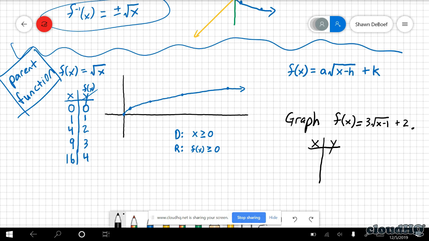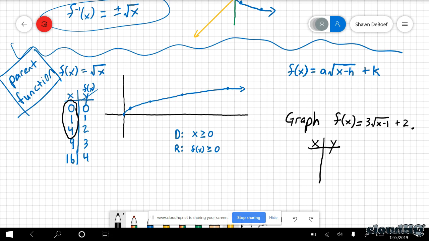You also know it's a square root, and before, what x values were nice for our square root? 0, 1, and 4. Let's think about those. So I don't want to make my graph too big. 0, 1, and 4. Will they work nicely in this problem? 1 will. 0 will not. 4 will not. If you plug 0 into your square root, you would say 0 minus 1, which is a negative 1. Can you have a square root of negative 1? Well, you'd have imaginary, but we can't graph that, so that doesn't work out nicely. So we want to be strategic about the numbers that we choose.